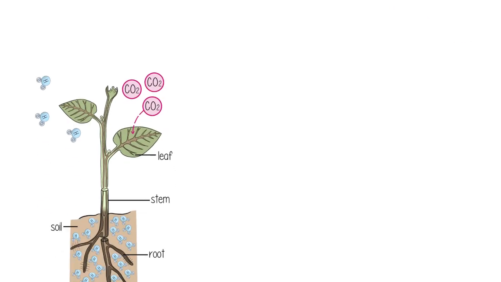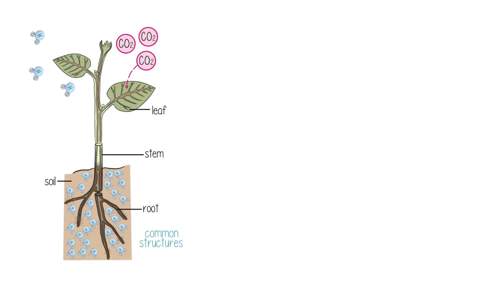All plants, regardless of their species, have some common structures and organs within them. These include the root, which basically helps the plant to stay grounded within the soil, the stem, which shoots out of the ground and into the air and helps support the third major organ of the plant, the leaf, which is suspended within the air.